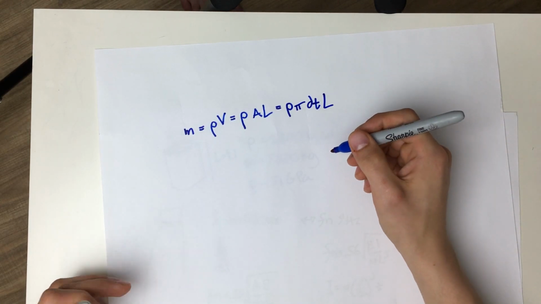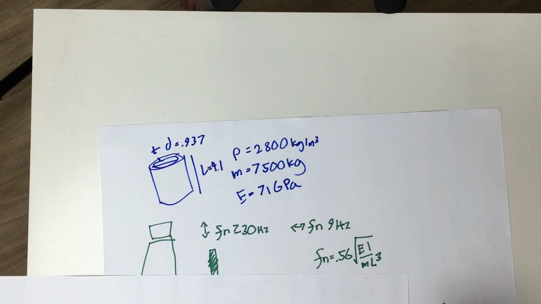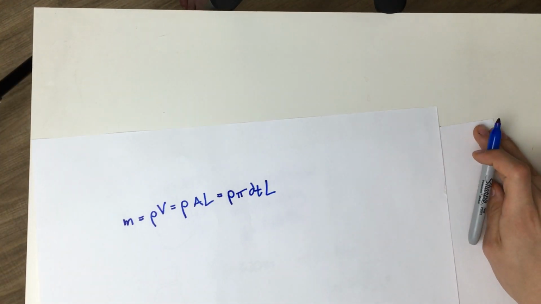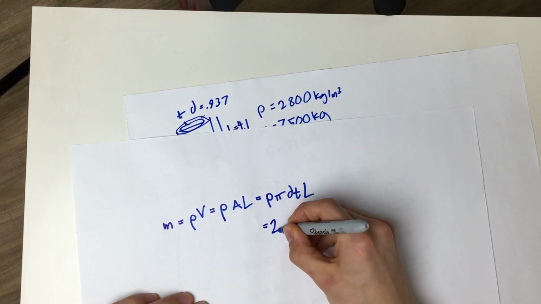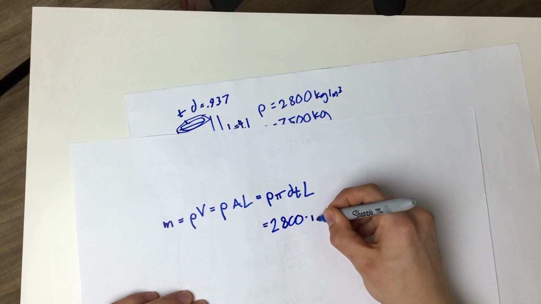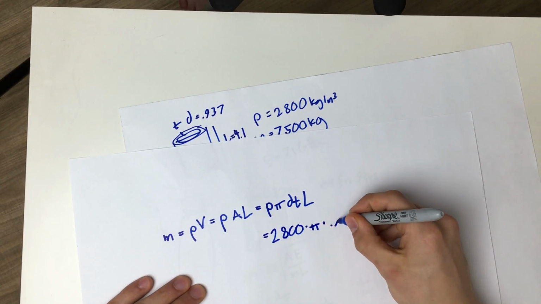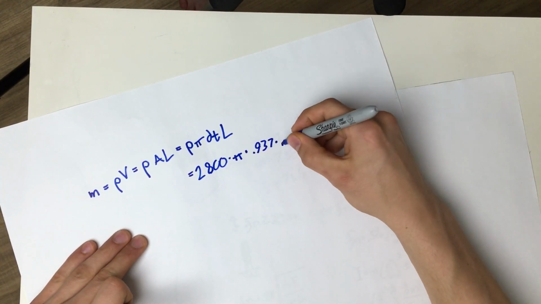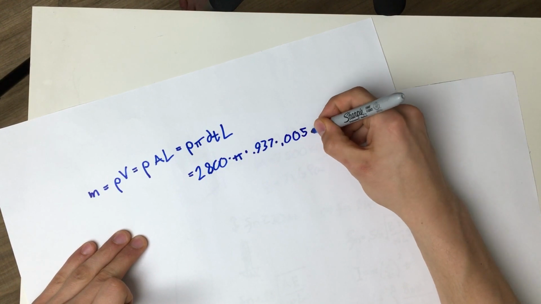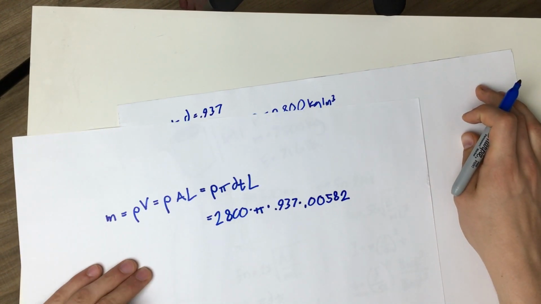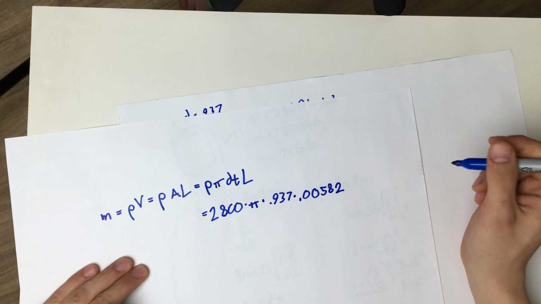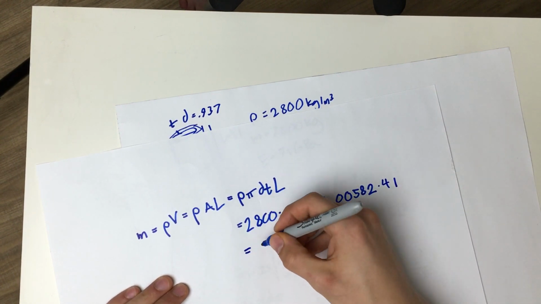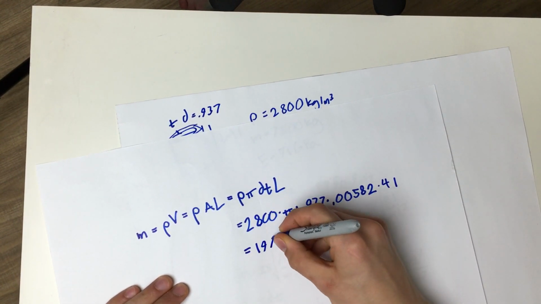And so, we have the density already here, we have the thickness, so we can put in pi times the diameter times the thickness, which is 0.00582, putting everything into the right units, which I'm sure you can do. And where's my length? Times 4.1. We calculate all that out. Structural mass is 197